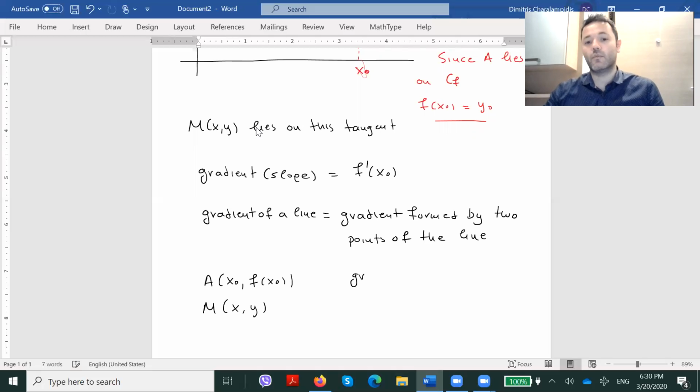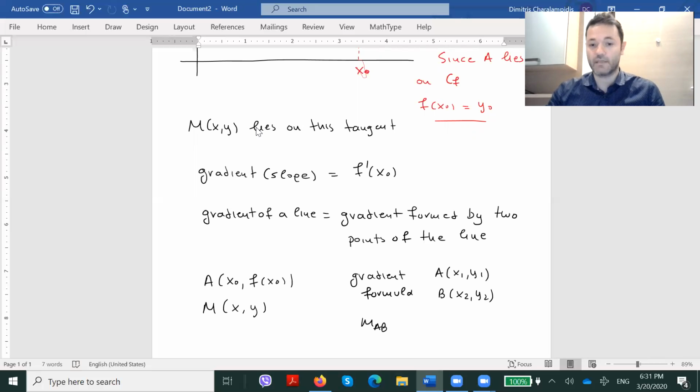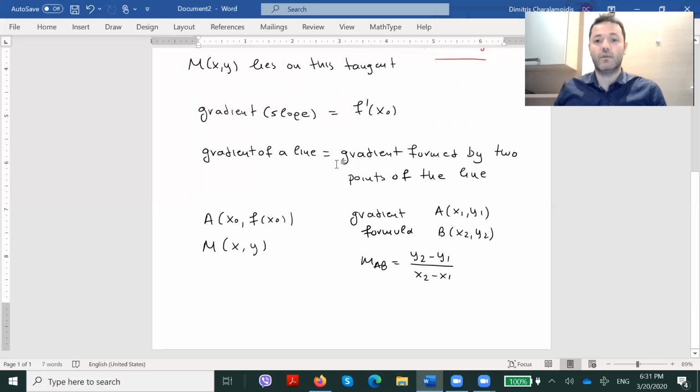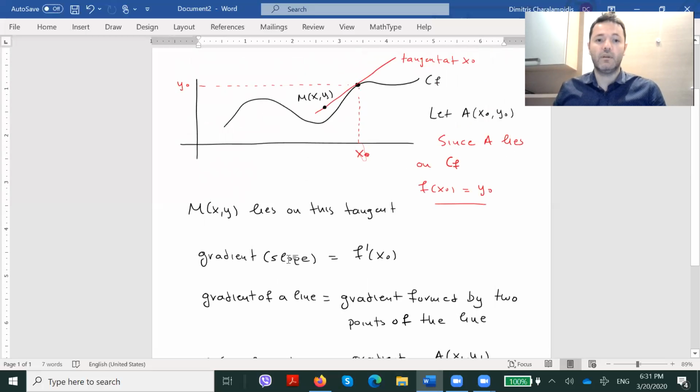The gradient formula states that if we have 2 points with coordinates x1, y1 and x2, y2 respectively, then the gradient of the line passing through these 2 points will be equal to y2 minus y1 over x2 minus x1. If I now apply this theory in my case, I will get,